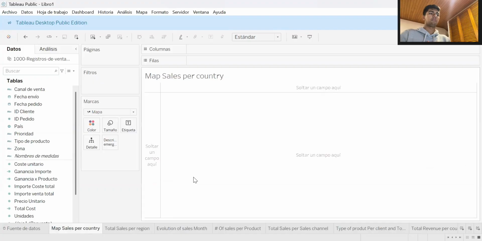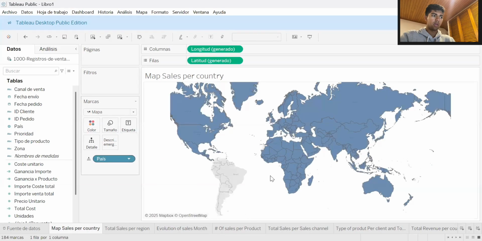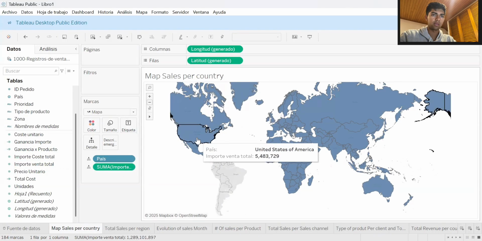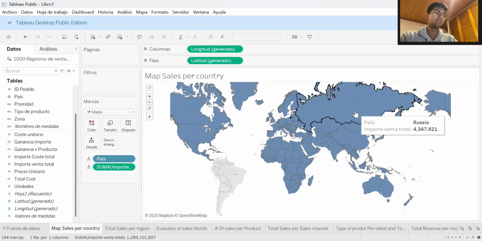So the first one is map sales per country. So first we go here. Perfect. That is the map, and we're going to include sales. I also already have some calculations that I can show you later. So here first is the importe-venta total right there. So now we can see the number of sales per country,